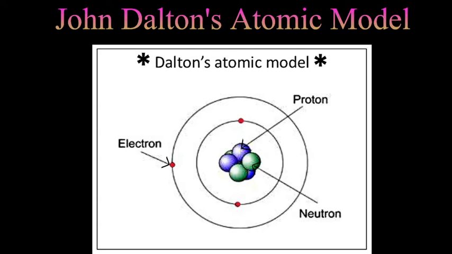All the atoms of an element exhibit identical properties. However, atoms of one element differ from the atoms of other elements. When elements react, their atoms combine in simple whole number ratios to form compounds. For example, one atom of carbon combines with two atoms of oxygen to form carbon dioxide, CO2. During chemical reactions, atoms of the reactants do not change. They only get rearranged to form the products.